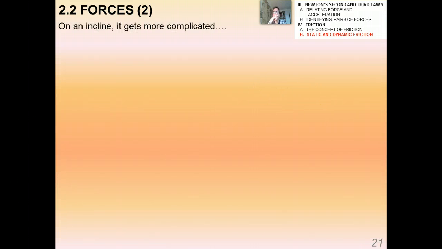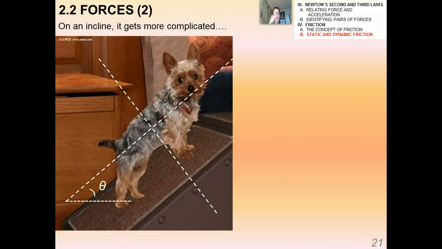Now, on an incline, it can get more complicated. So we're going to go back to the picture of this poor little dog on a ramp, and we're going to put vectors all over this little dog. Don't worry, no dogs were hurt in the production of this video. Remember that 0 is less than or equal to f sub s, which is less than or equal to mu sub s times f sub n. The dog is not moving, so this is the version of this equation that we are going to use in this situation. Note that if this angle is theta, this angle is also theta,